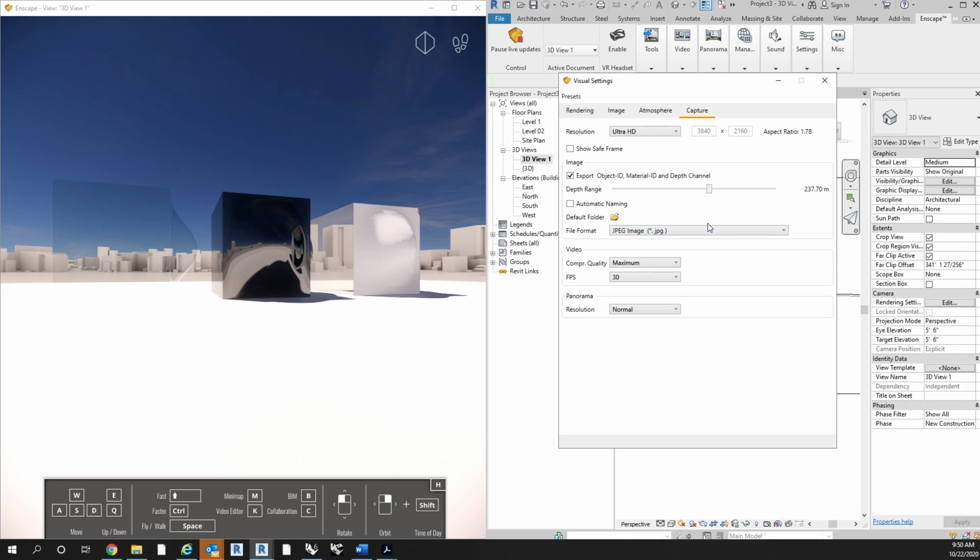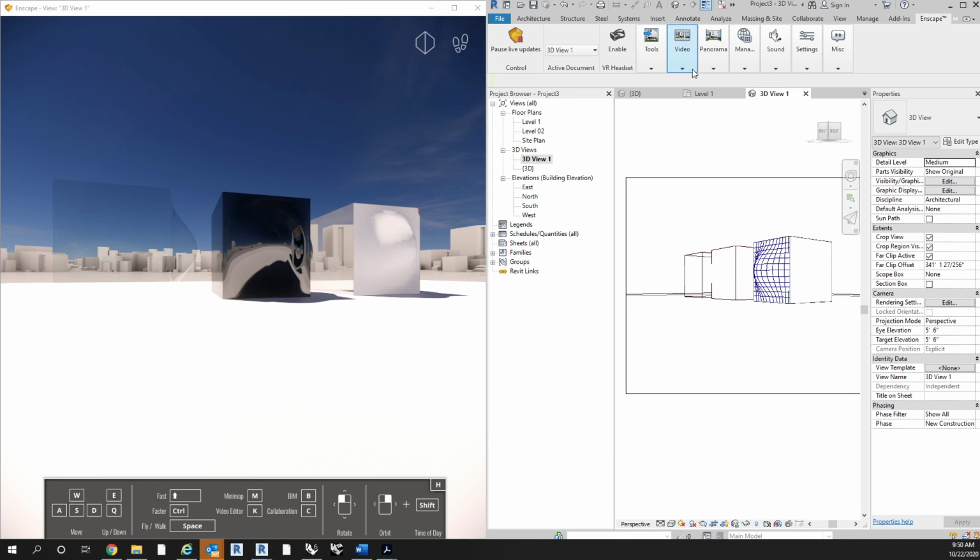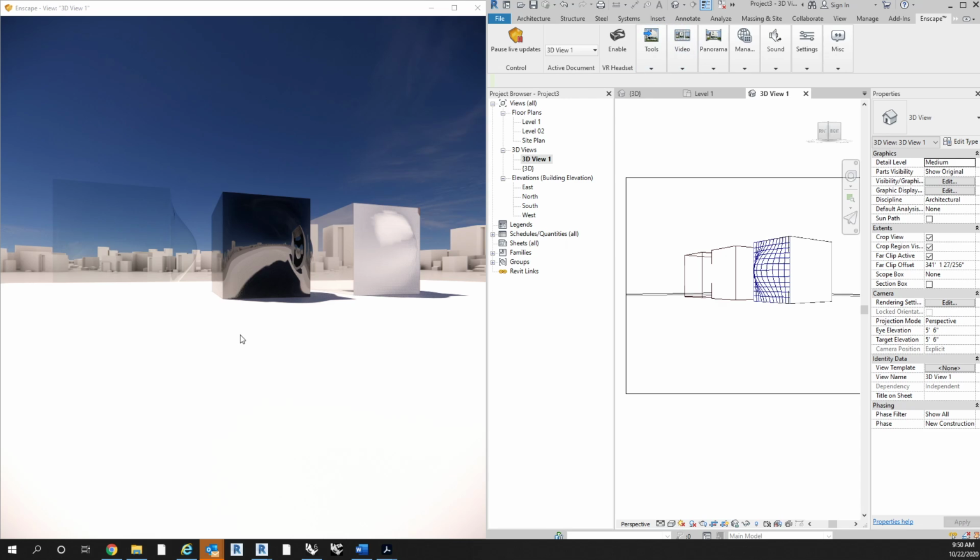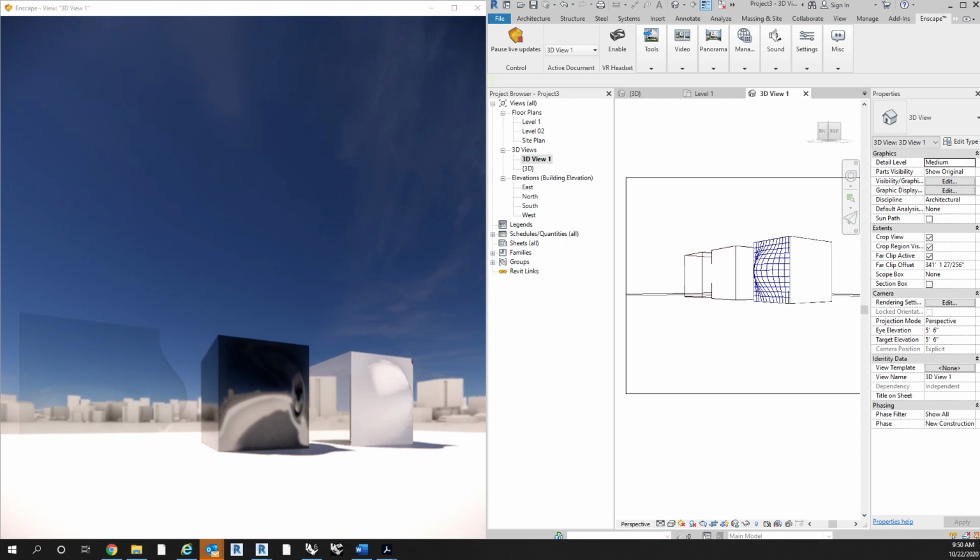PNG, JPEG, if you want to change that, all that good stuff. And then for video, you can manipulate the compression quality and the frames per second. Okay, so those are all the settings. Probably want to get into the rendering itself. So let's do that. Oh, actually, one more thing